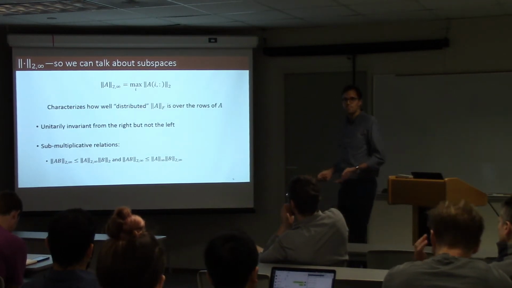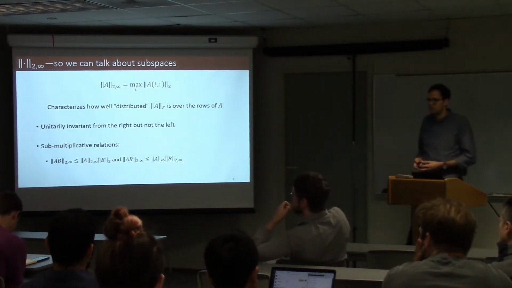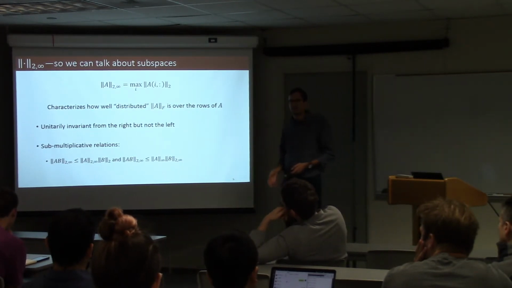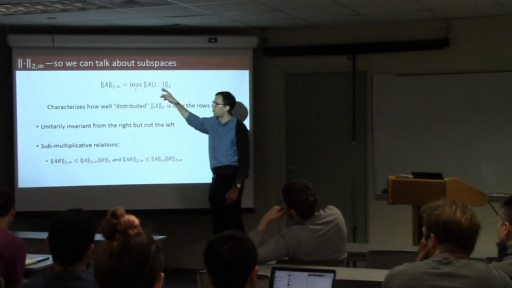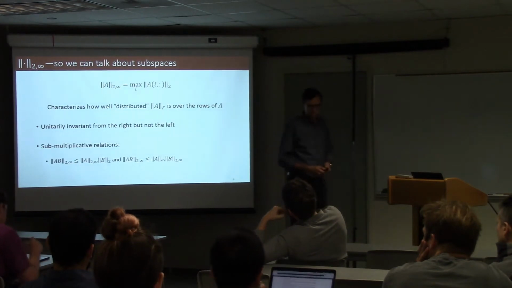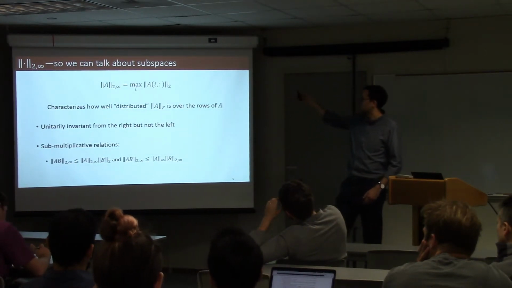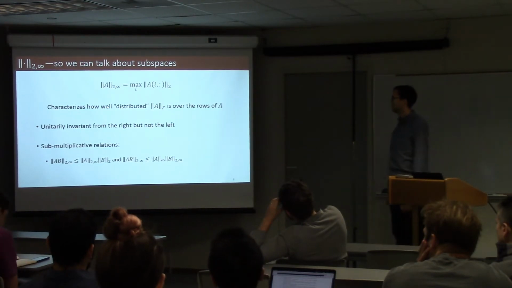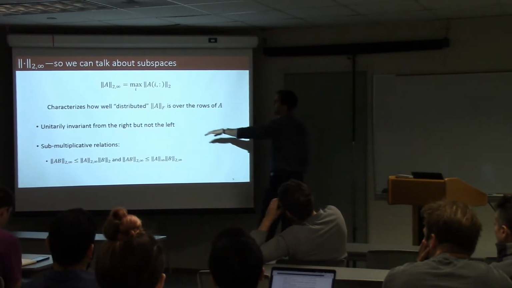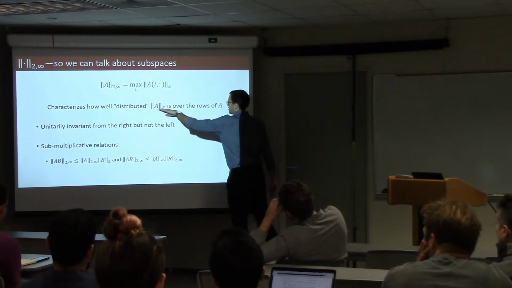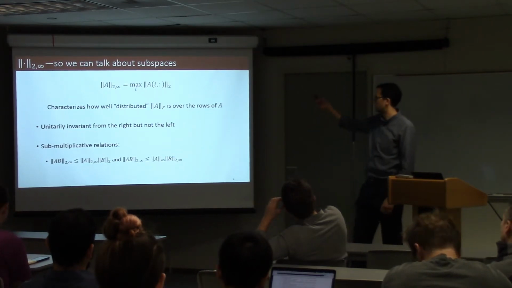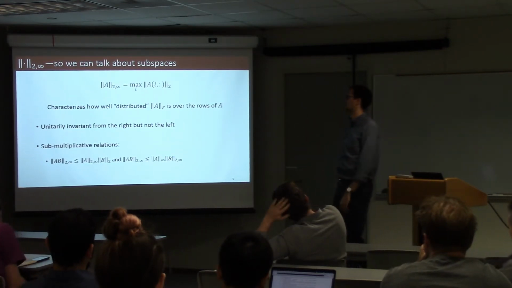So it's a little different than the matrix infinity norm, where I would compute sort of the 1 norm of all the rows of A and then take the maximum over it, all right? Here I actually take the 2 norm of the rows of A, and that's important for some stuff later on and how we want to think about things, all right? So this is a little bit of a generalization of that infinity norm, or the appropriate generalization for subspaces, okay? I can view this a little bit as if I take the Frobenius norm of A and I want to know how well distributed it is over the rows of A. Because I could compare the 2 to infinity norm to the Frobenius norm and see what that ratio looks like.